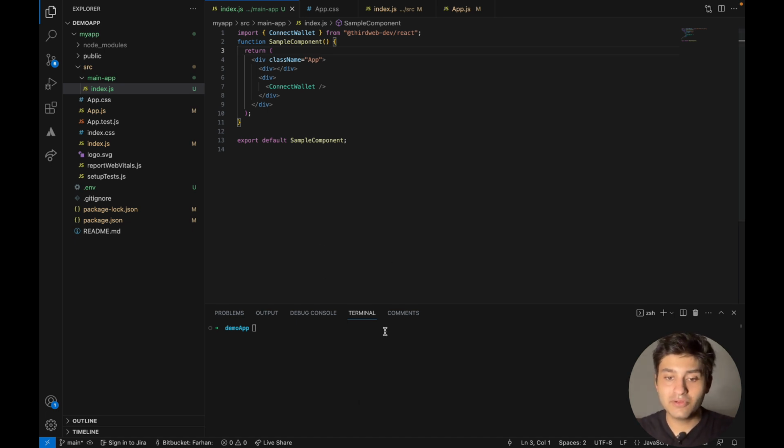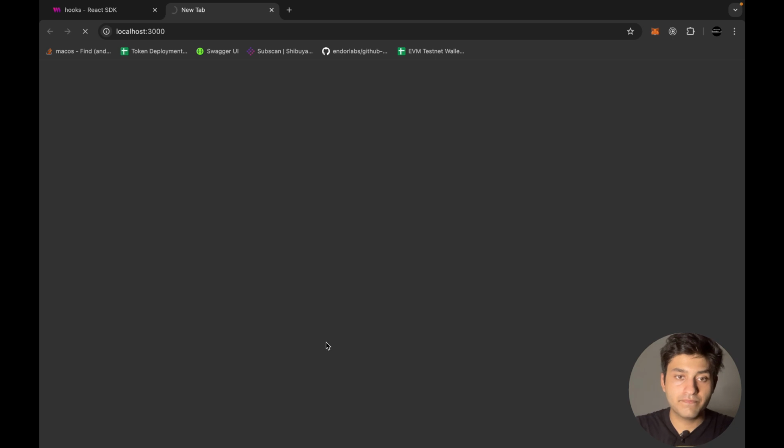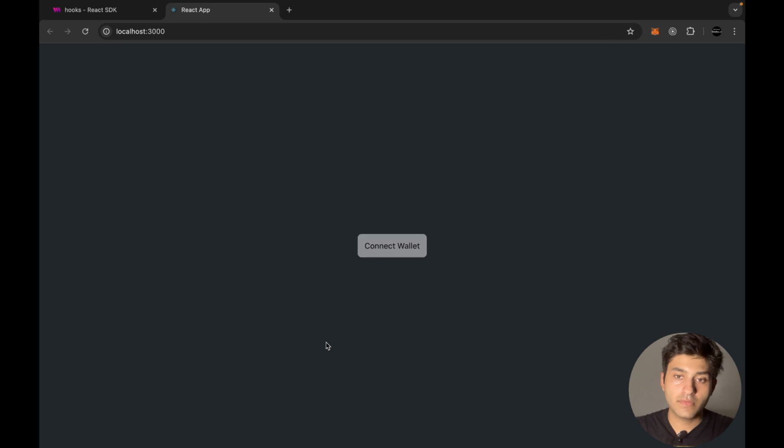So I'm going to go into the terminal in order to switch the directory to my app. So let's go and do cd space my app, hit enter. Cool. Now we are inside the project. Let's start the server by using npm start. Great. Cool, so the server has started. You can see there's a connect wallet button here, which we don't really need, but okay, we can always remove